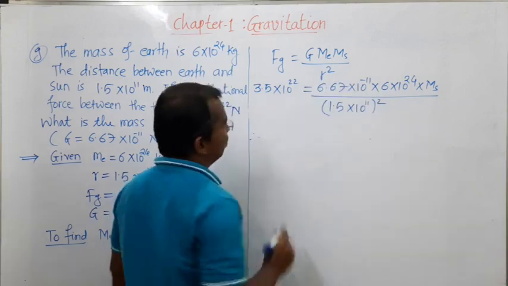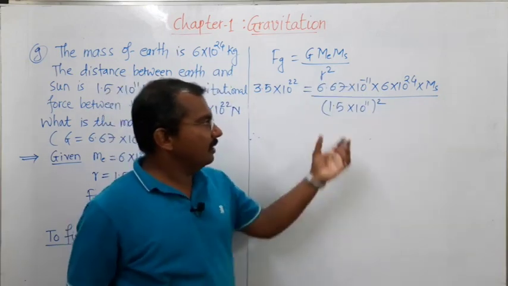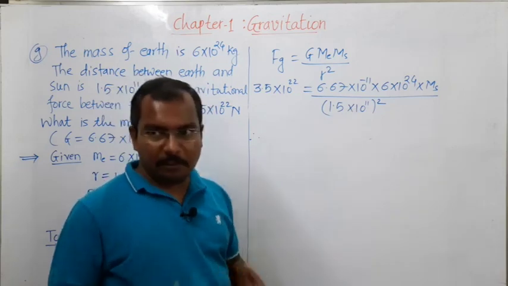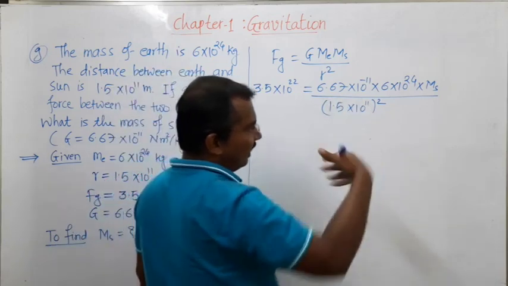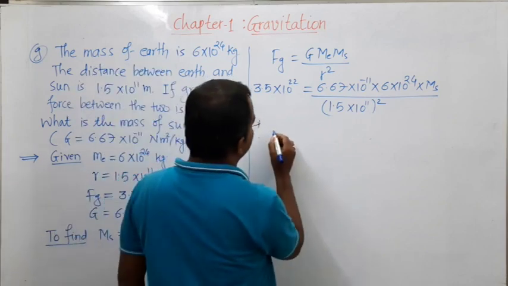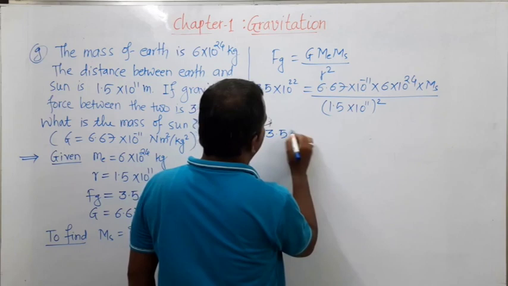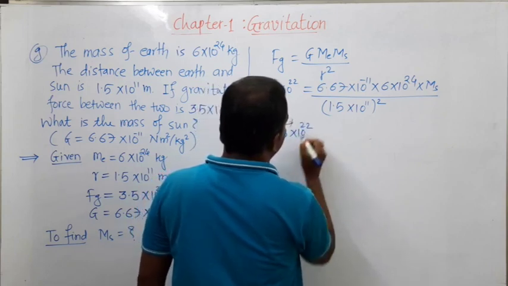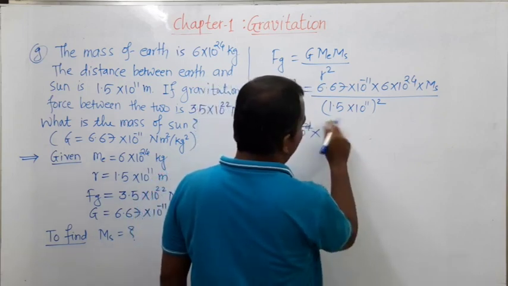All right, so 1.5 into 10 power 11, the square will be, so I will rearrange the things here. This will be 3.5 into 10 power 22 into 1.5 square is